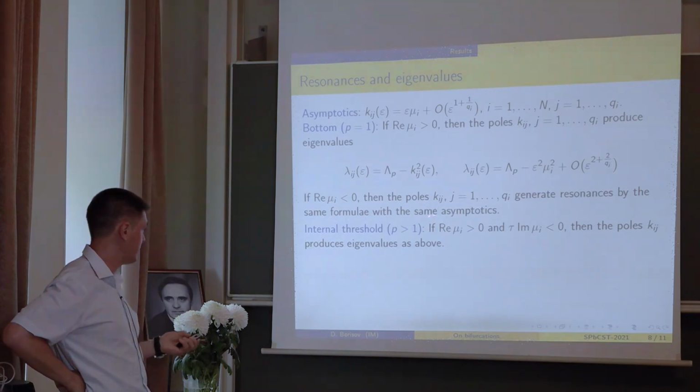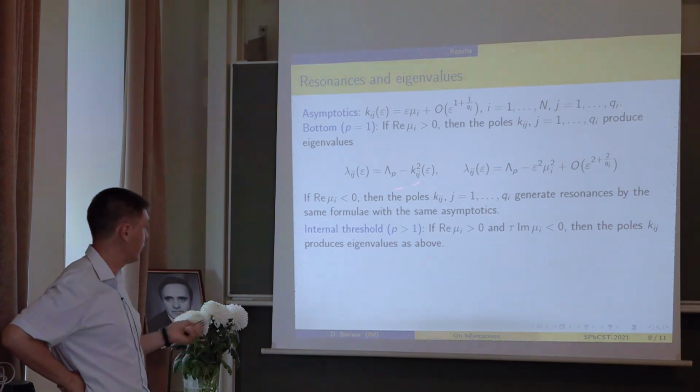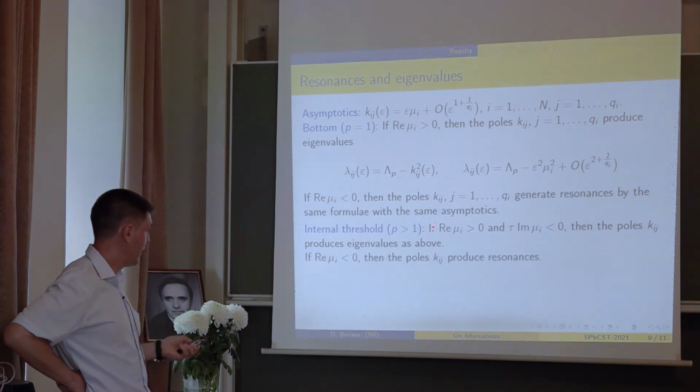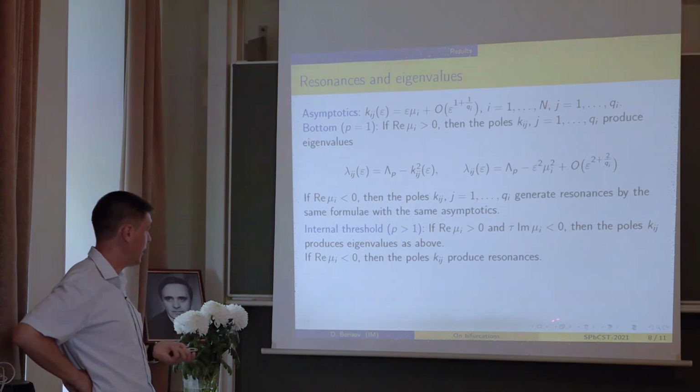If I take some mu I, if the real part is positive, then I should fix tau, and then I should take this condition. If both of them hold, then the pole produces eigenvalues by the same formulas with the same expansions. If the real part is negative, and if this one is negative, then it's not important whether I have the imaginary part, it is no longer important. Then this pole produces a